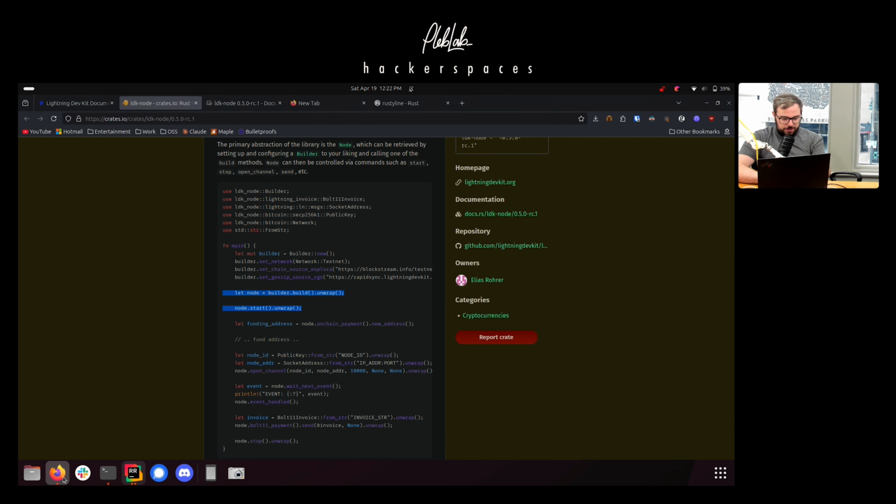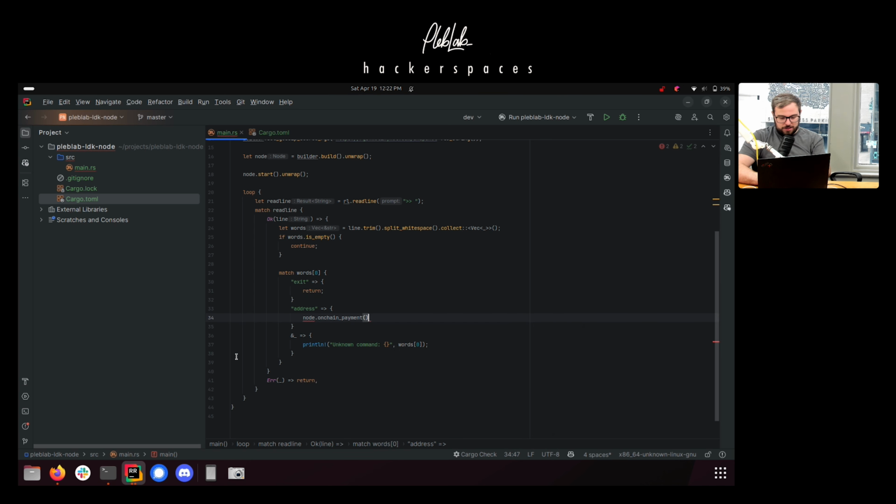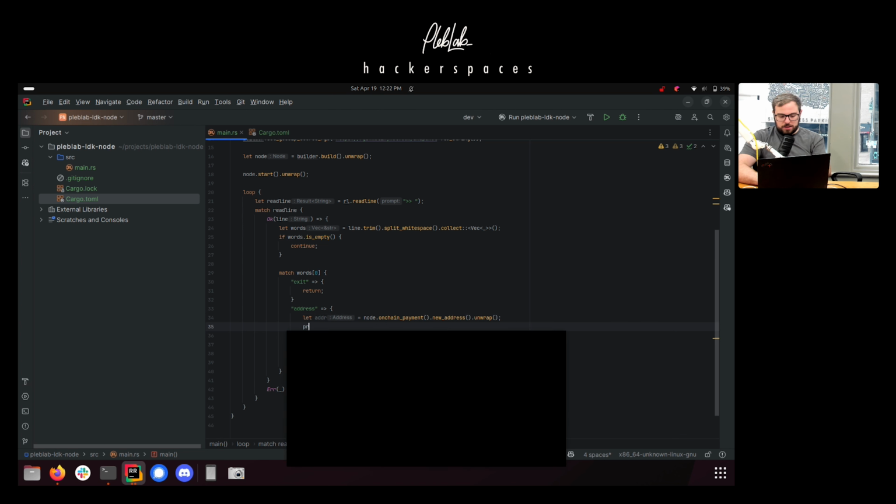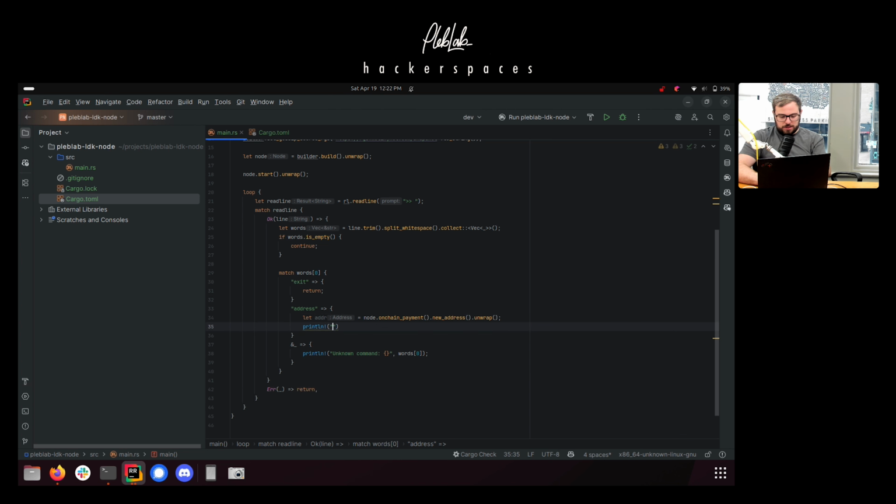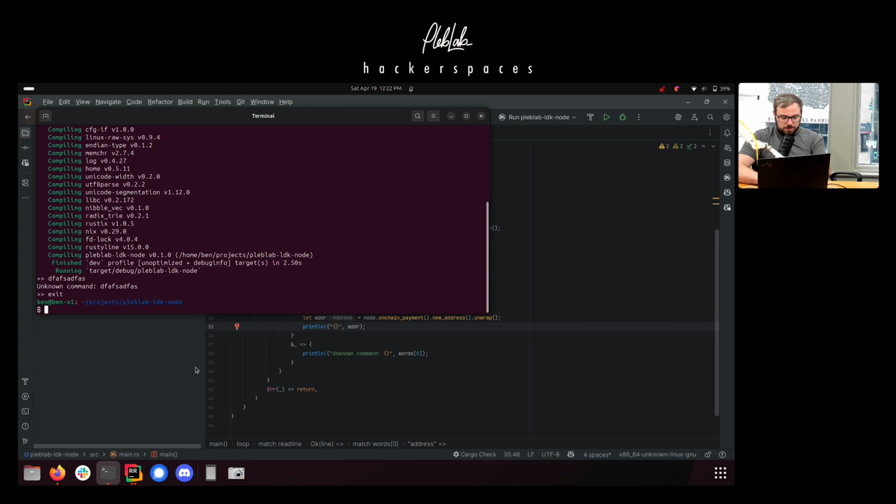how do they get an address? On-chain payment dot new address. And then I'll just println that. There we go. So now if we run it,